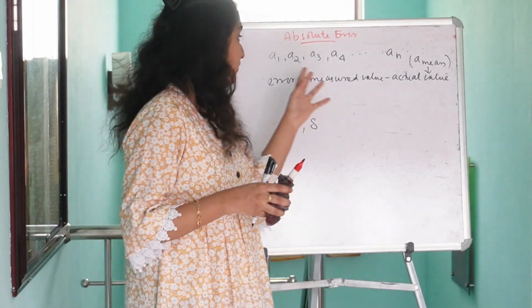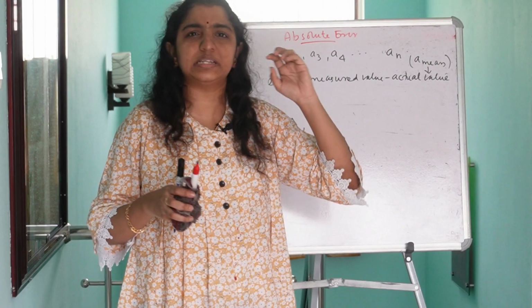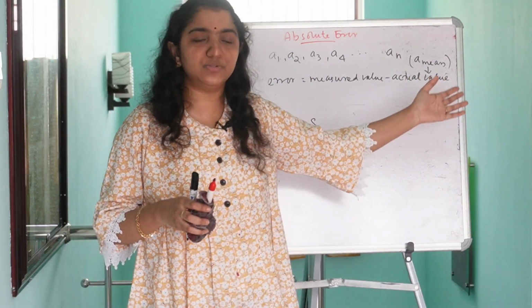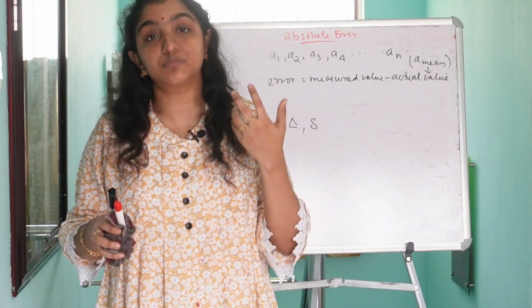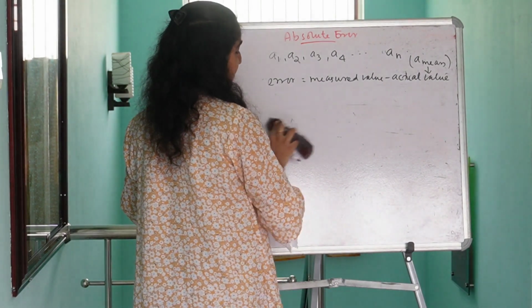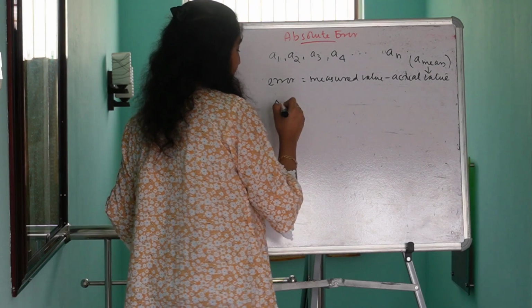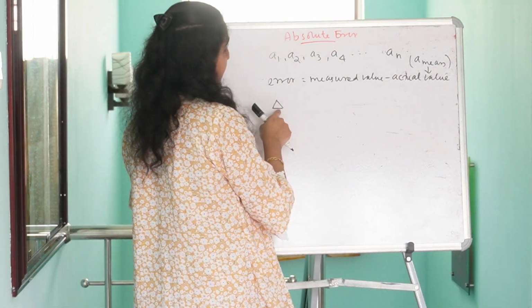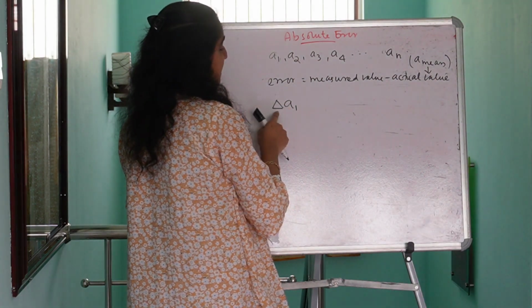Here in this case, we know the error is extremely small compared to the measured value and the actual value, isn't it? Yes, our errors will always be extremely small values. So for representing errors, I am using the capital letter delta. Is it clear? Yes. So for representing the error in the first measurement A1, I am writing it as del